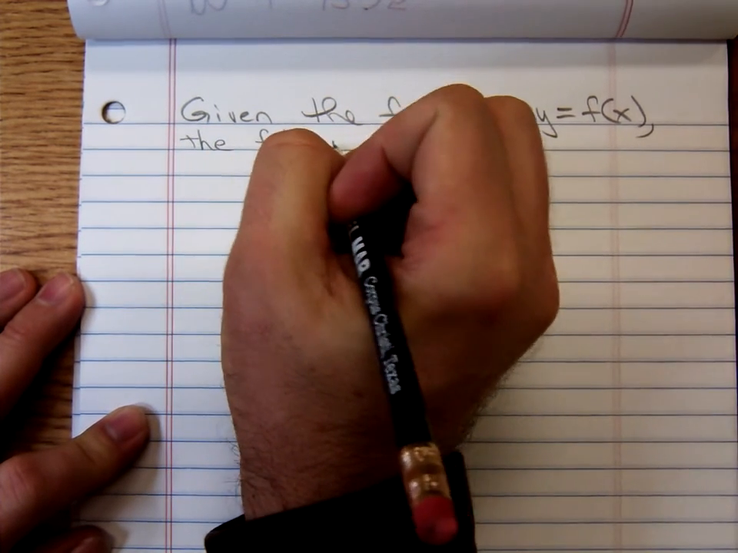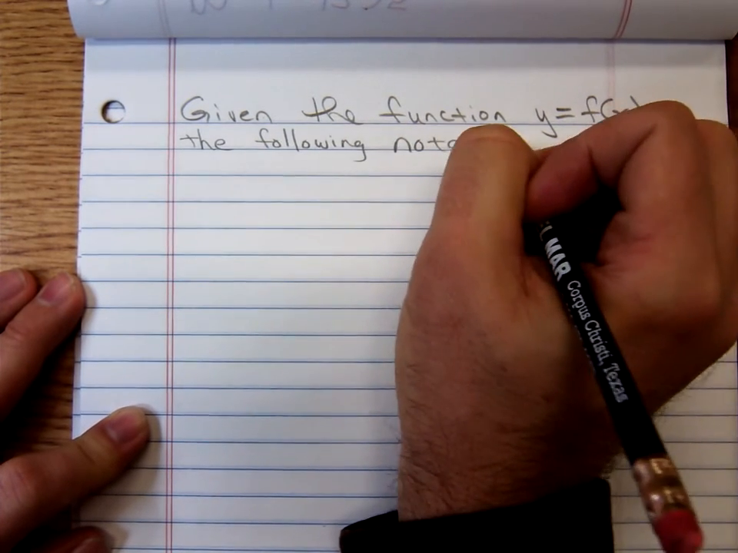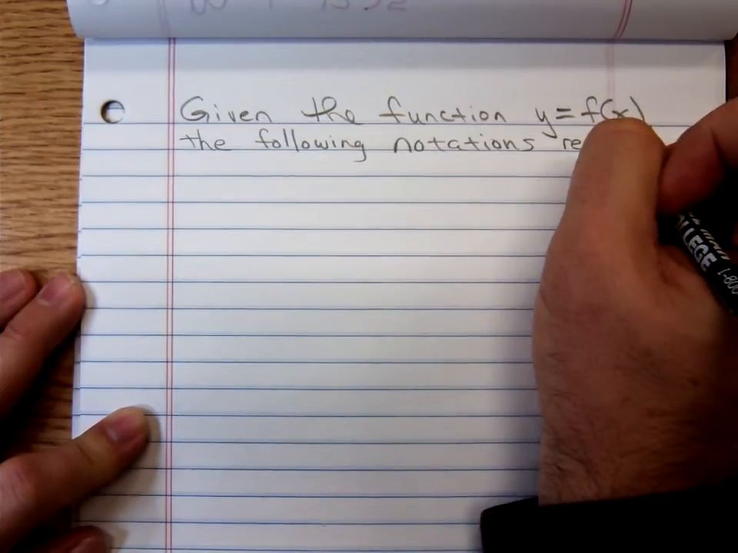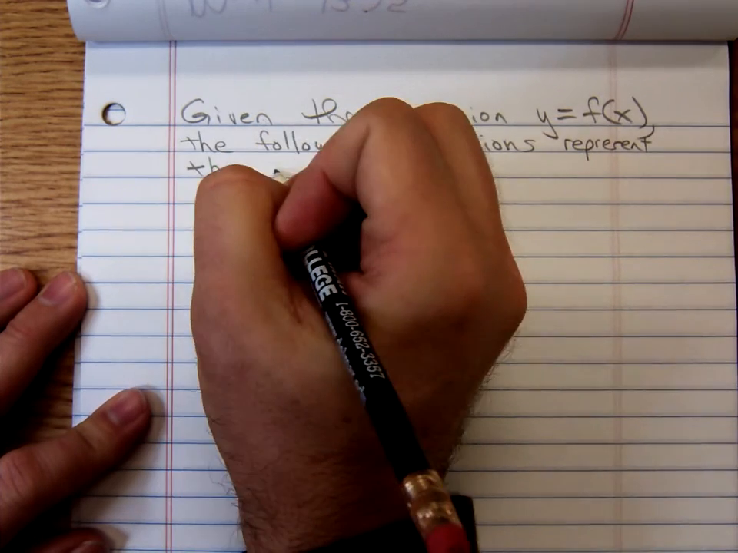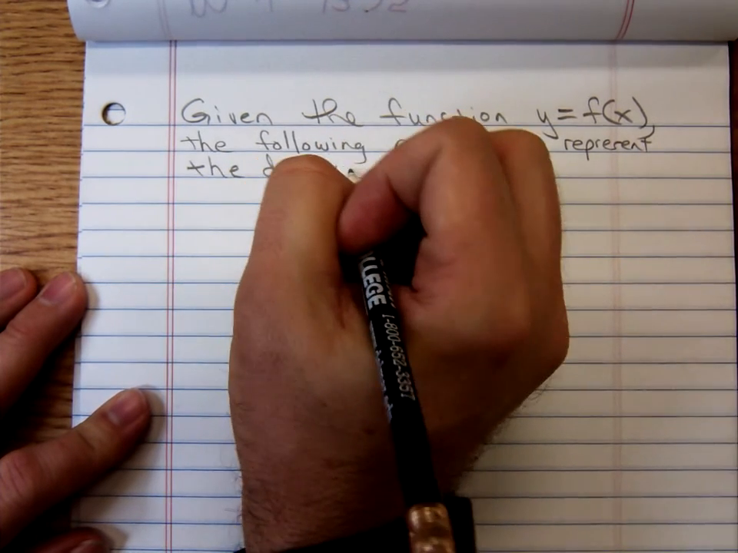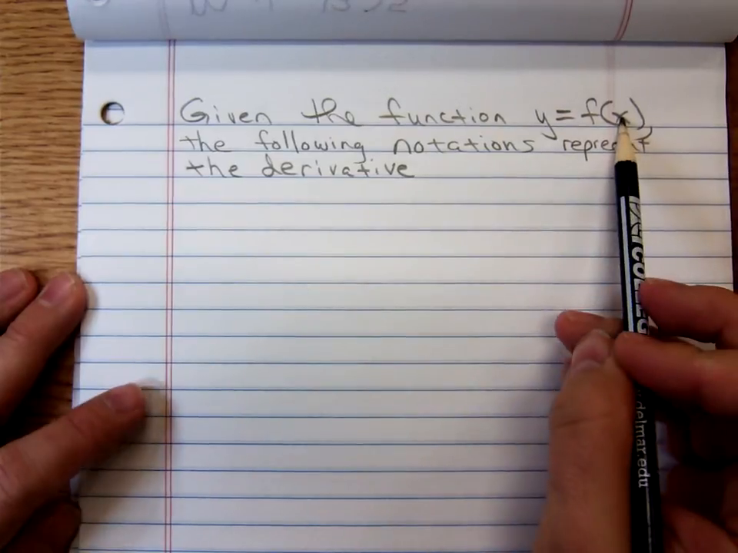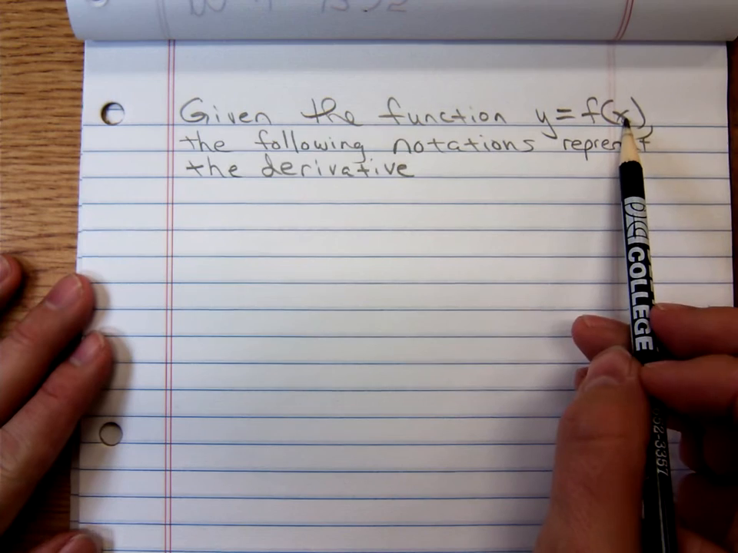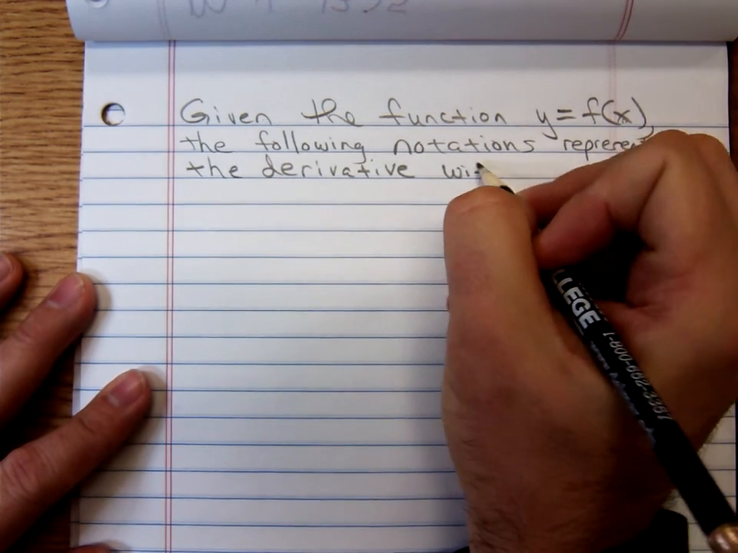The following notations represent the derivative. And I'll say the derivative with respect to x. The notations that I'm writing are assuming that the independent variable is x. So I'll say the derivative with respect